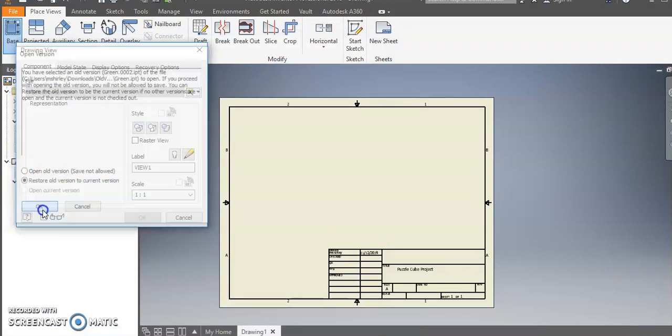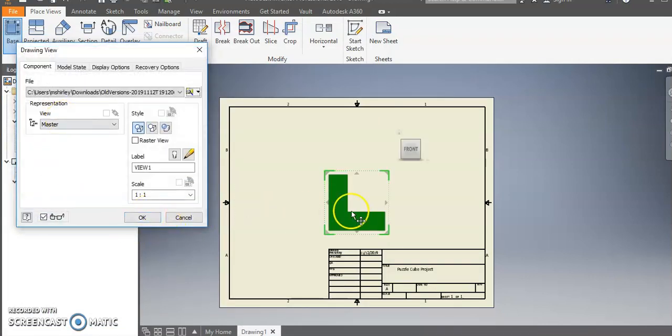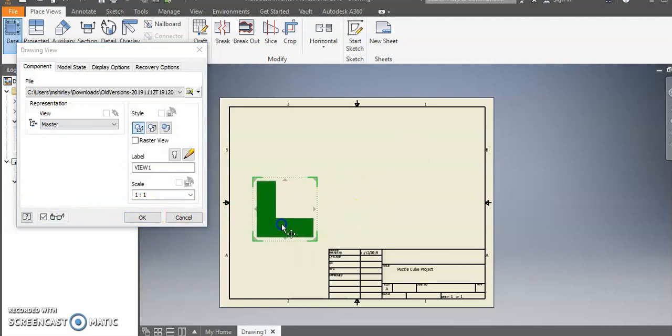Let's see, I'm gonna restore that. There we go. All right, so we'll go ahead and bring in your puzzle cube piece. Now, it's going to bring it into the front view that you have it created in. If this is not the best front view for this piece, you can rotate and find another view. Again, right here in this orientation, in the bottom left of your paper should be whatever the best front view